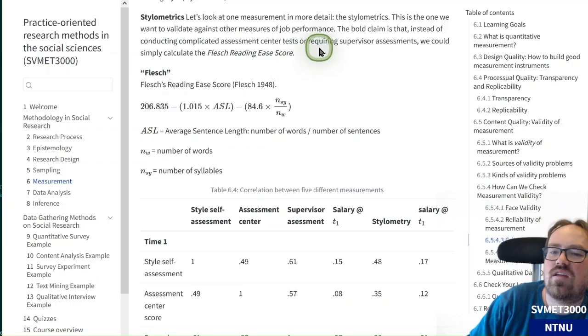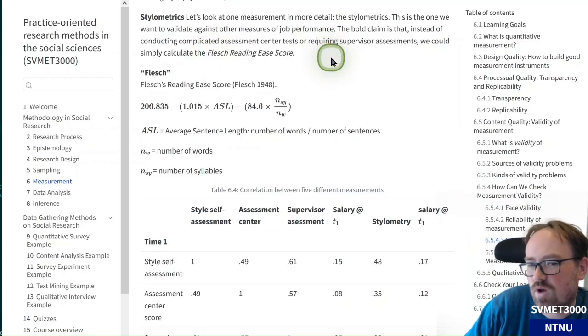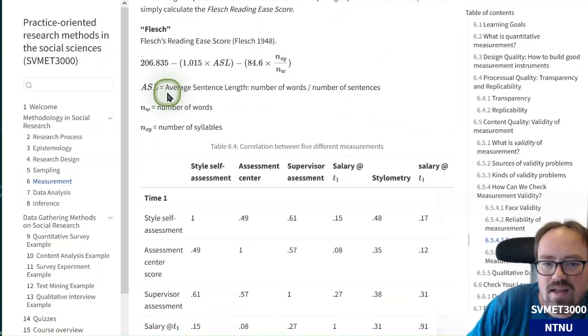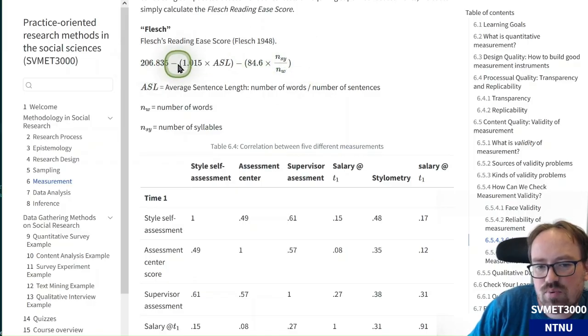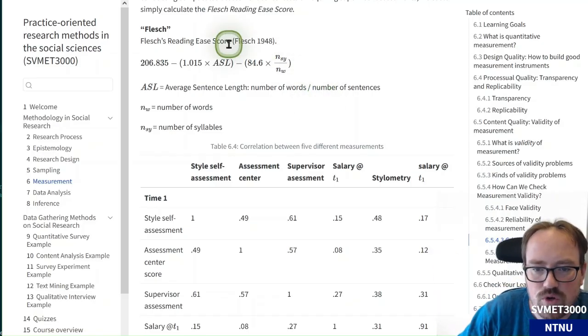That probably your boss has this idea that you could simply use that, and you are investigating whether that's true. And the reading ease score is a bit dated, and it tries to express this in terms of years of education or so,